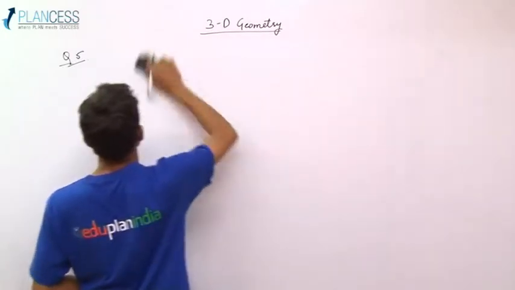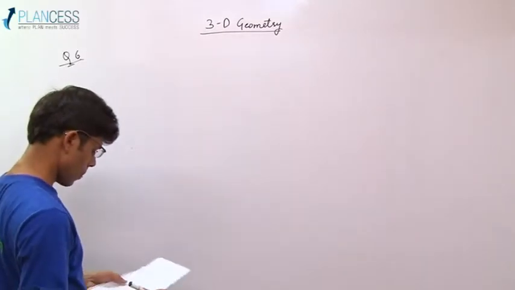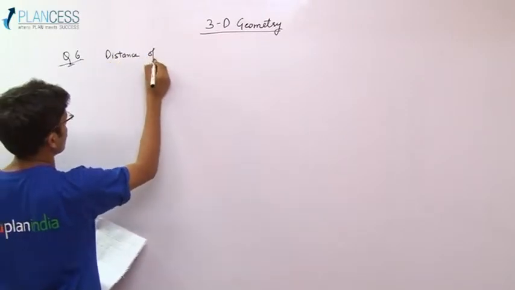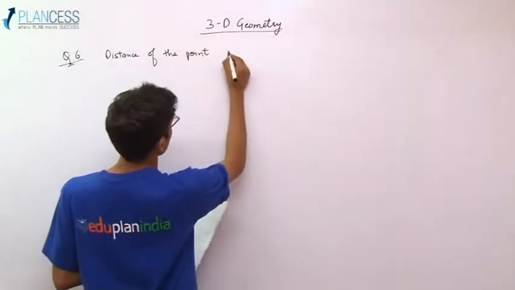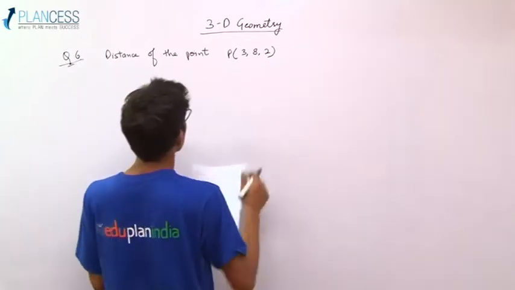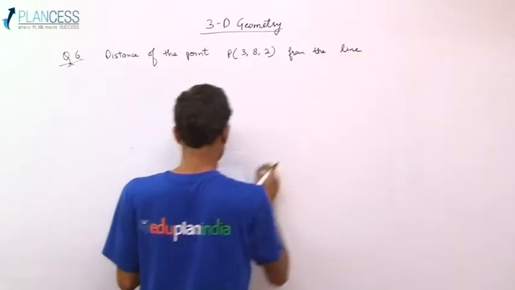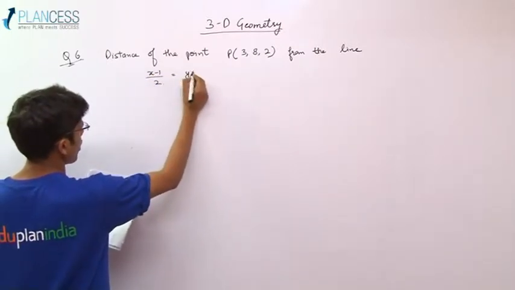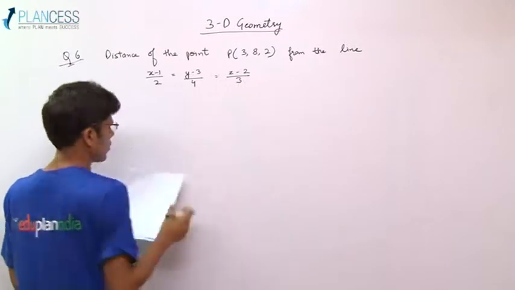Okay, so now let's move on to question number 6. So we have to find the distance of the point (3, 8, 2) from the line (x minus 1)/2 equals (y minus 3)/4 equals (z minus 2)/3,